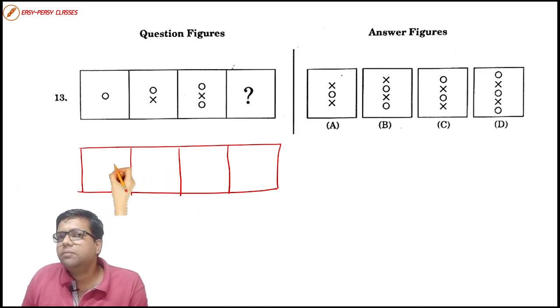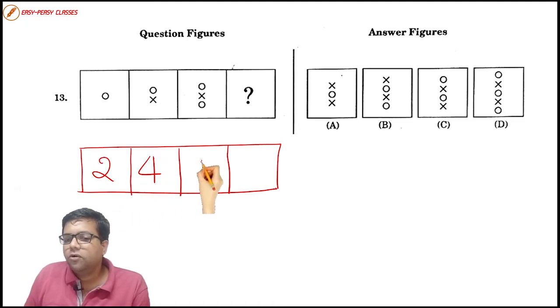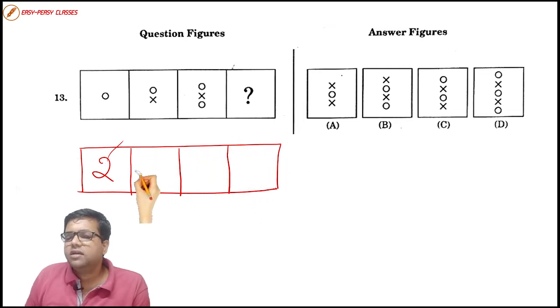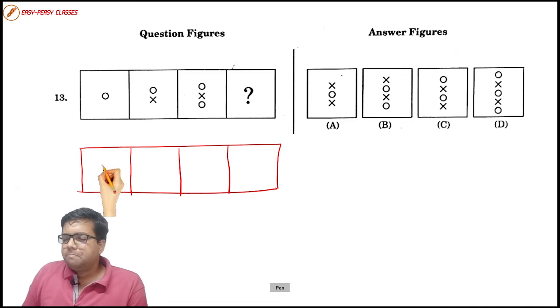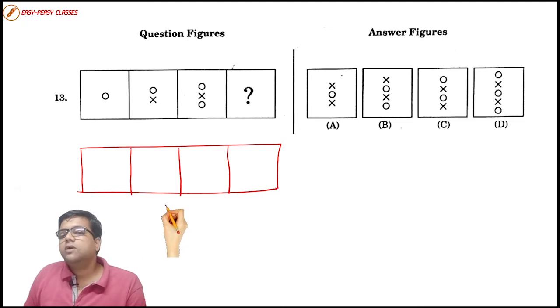The sequence need not be one which you already know, like 1 2 3 or A B C D, or tables like the table of 2: 2 1s are 2, 2 2s are 4, 2 3s are 6. Next, which one would come? It will be 8, since 2 4s are 8, right? So the series may be one which you already know, but the series may also be one which you may not know.